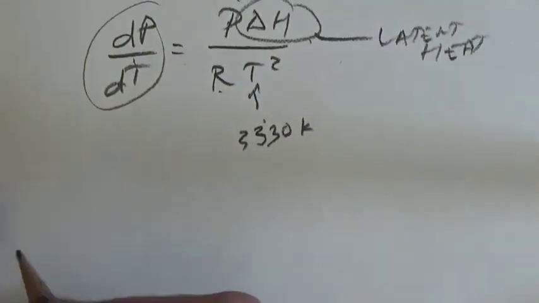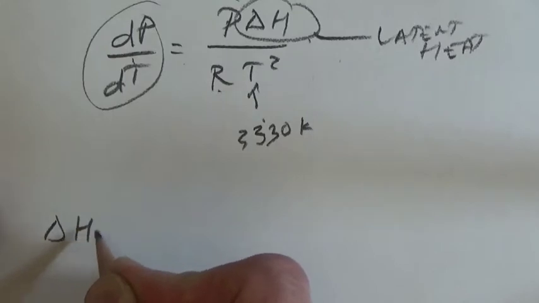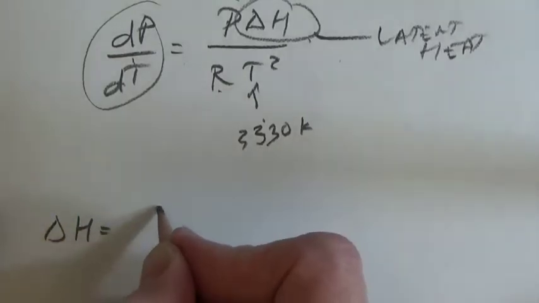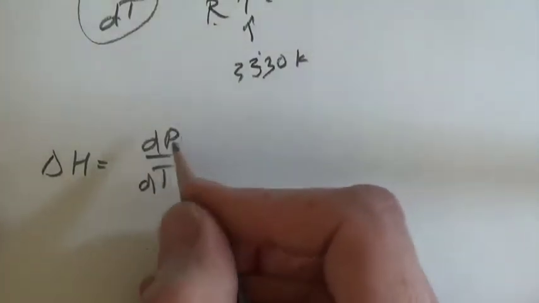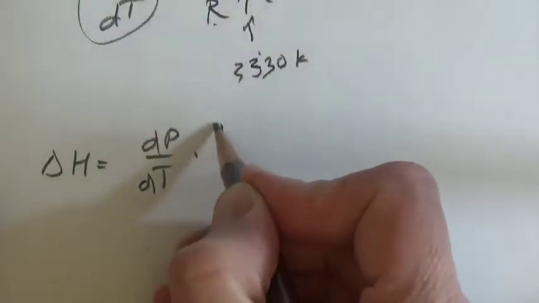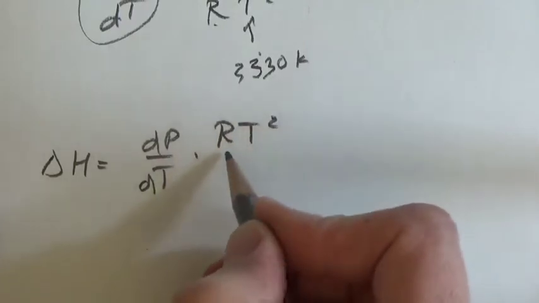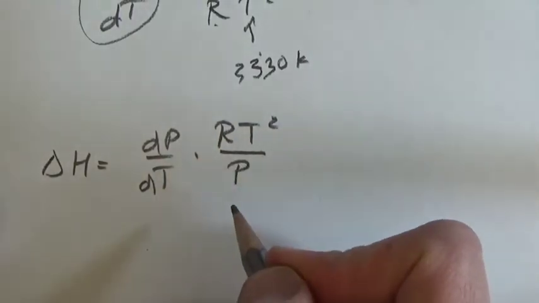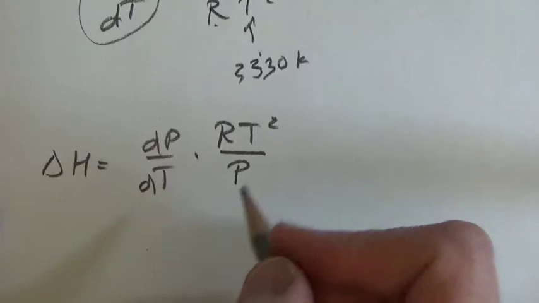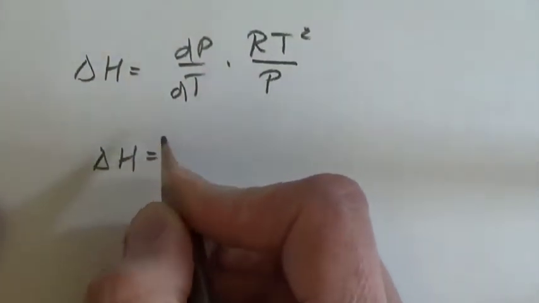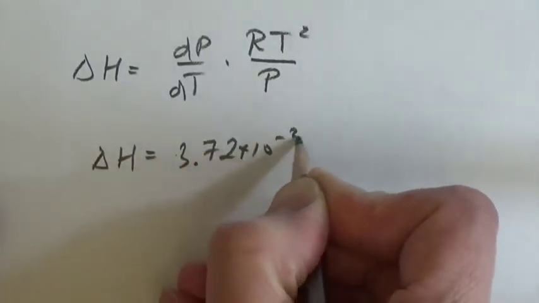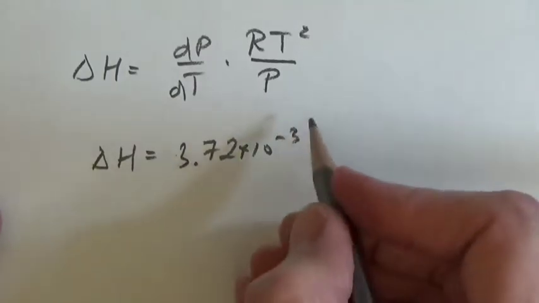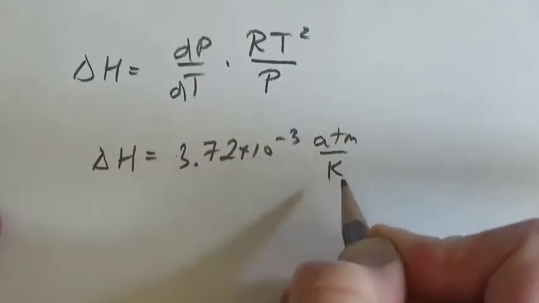So we're solving delta H is equal to dP by dT times RT squared over P, or delta H is equal to 3.72 times 10 to the minus 3, that's atm per K,